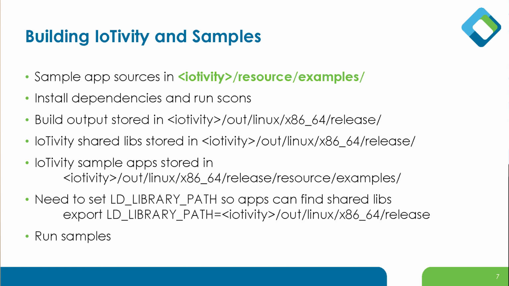IoTivity sample applications are located under resource/examples. And IoTivity uses SCons as a build system. So when you go through the README, you can look at a few steps where you need to install a few dependencies, which could be standard packages on your Linux distribution. And then you'd run scons. Build output is usually stored in out/linux/x86_64/release. And IoTivity shared libraries, that is, SO files, are located immediately under that path. And the sample app binaries are located under